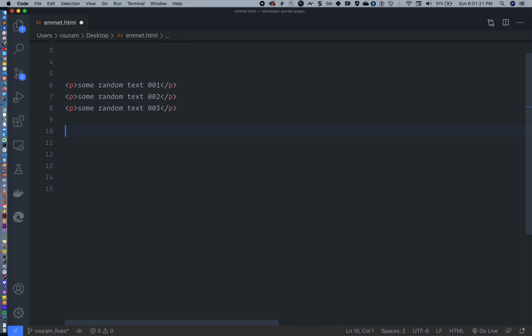So Emmet provides a very good shortcut for this also. Like we have curly braces, so inside these braces whatever you write will come as the content of the element. So here I write some random text. If I want three numbers, then what I do is put three dollar symbols. As you can see, it is generating the Emmet abbreviation, but if I hit tab,